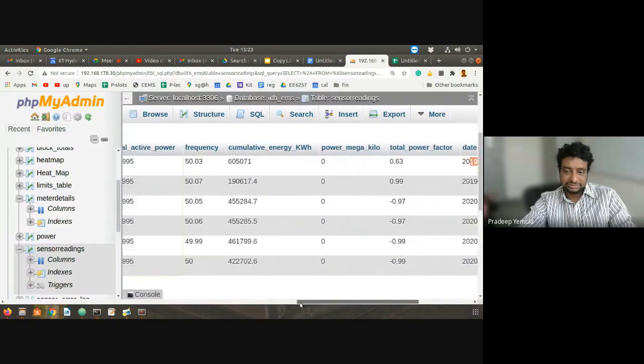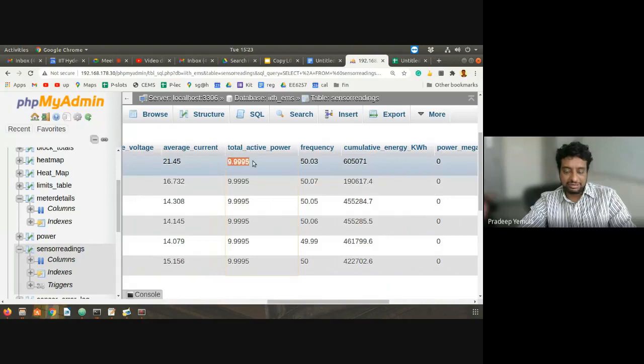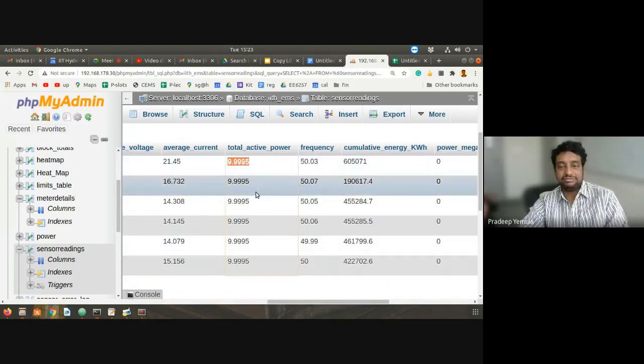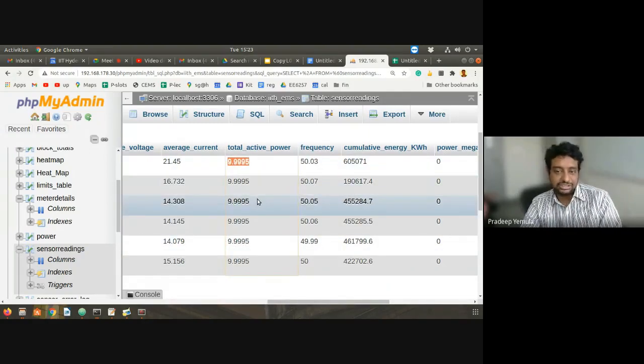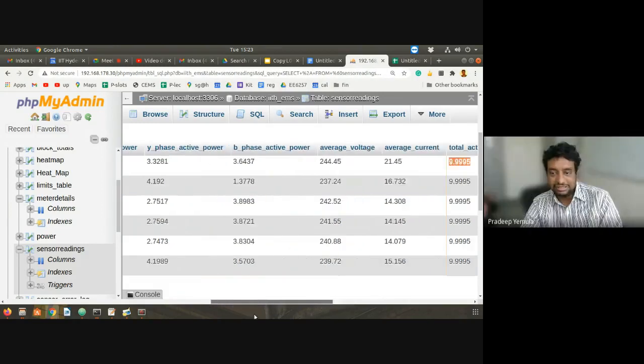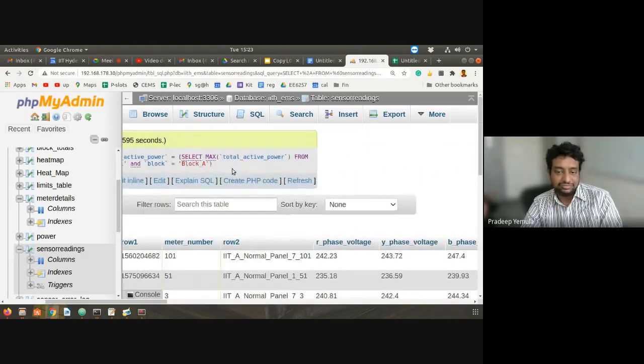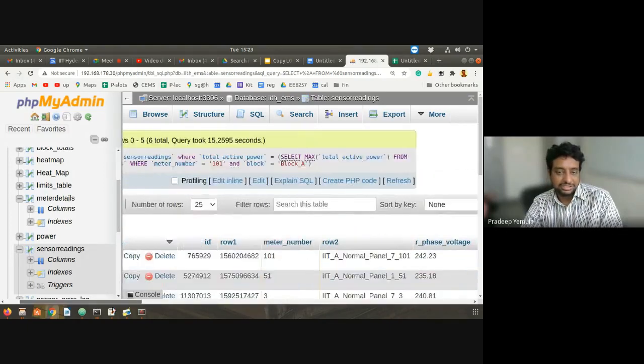The value is 9.995, and the other records also match this. So I hope you got some idea. Yes, sir. Again, we can include the condition that the meter number should be 101 and so on, but for the time being, we'll not worry about it. So I'll take this